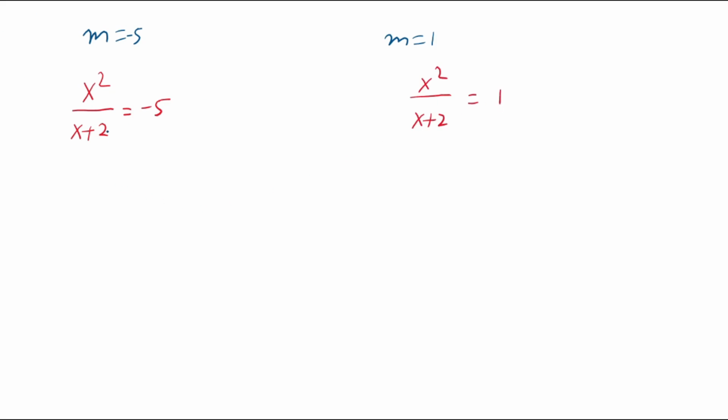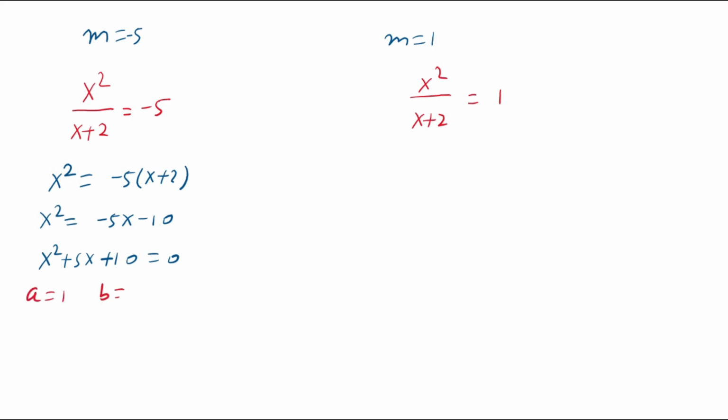If we multiplied both sides x plus 2, then in left hand side x square is equals to minus 5 multiplied by x plus 2. Then x square is equals to minus 5x minus 10. If we take all the expression in same side, then x square plus 5 times x plus 10 is equals to 0. Now this is quadratic equation. Here we will apply quadratic formula. Then value of a is 1 and value of b is 5 and value of c is 10